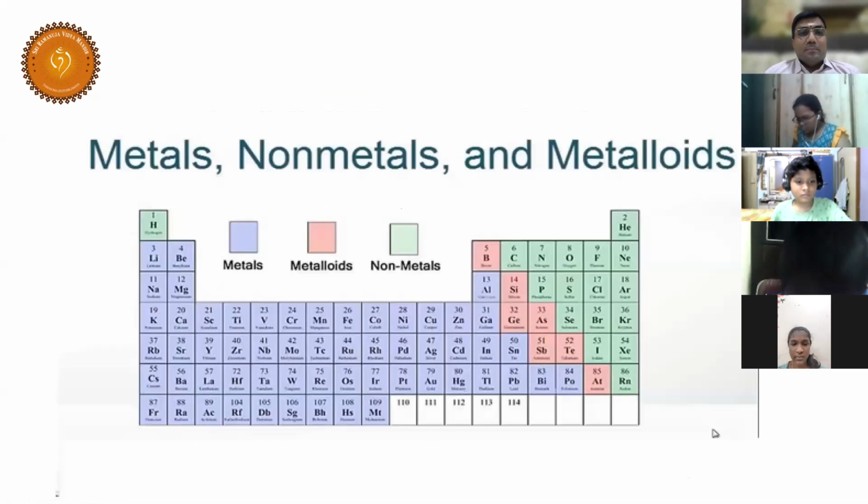Now, students, you can see clearly metals, non-metals, and metalloids. The S block, D block, and F block elements are not represented here; they are all metals. Non-metals are found in only which block? P block only. And metalloids are found in P block only. So in the P block, three types of elements are present: metals, metalloids, and non-metals.